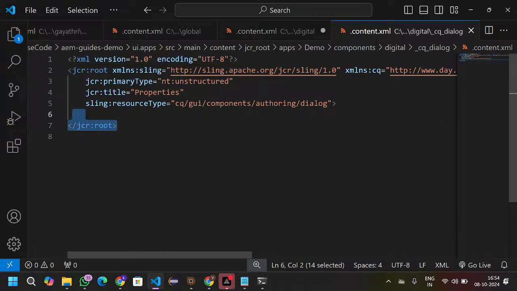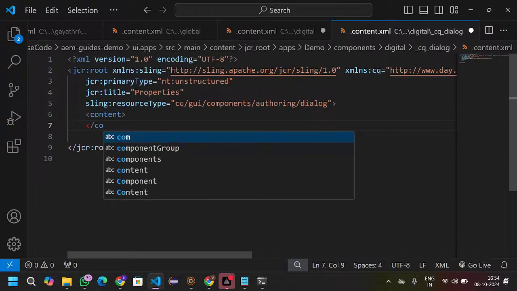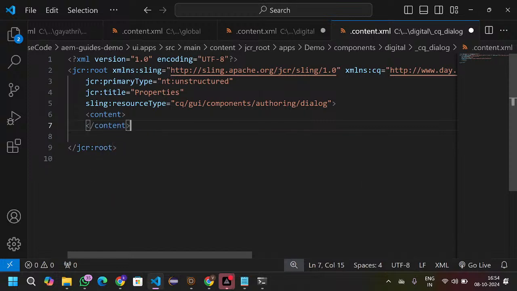The JCR root is mandatory. Based on this only, AEM can identify the specific nodes and their properties. So that is the reason JCR root is mandatory. After this, based on the requirement, you can take content, open and close. Inside the content tag, instead of content you can take any other name also. Name is your wish. And under the content, what we have